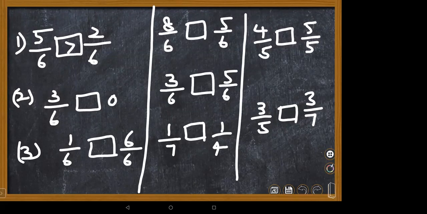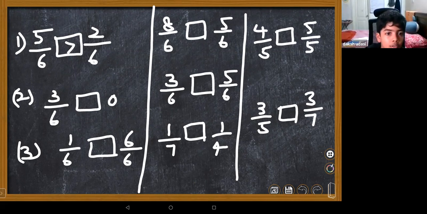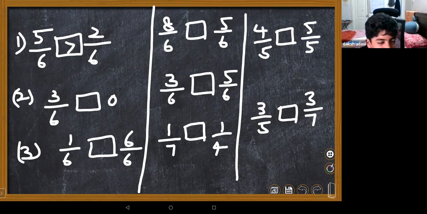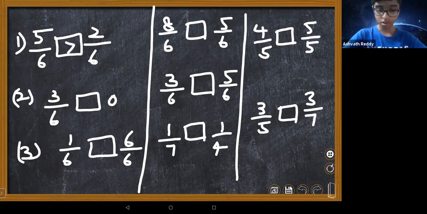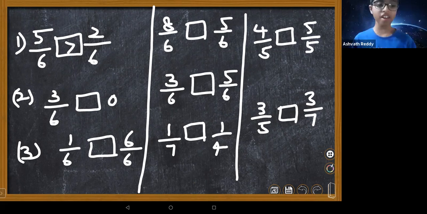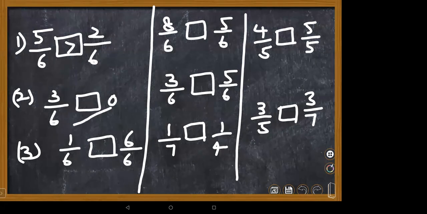Next, Daksh, I want the answer for the second bit. Ma'am, 0 is greater. Is it so? False. Daksh, please. Ma'am, 3 by 6 is greater than 0, because 3 units are there, and 6 into 0 is 0 only. 3 and 0, what is the value? Yes. How are you supposed to do it here, children?